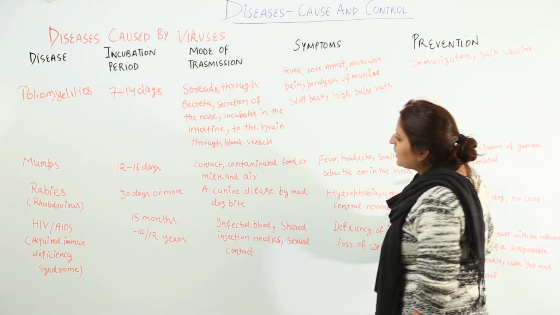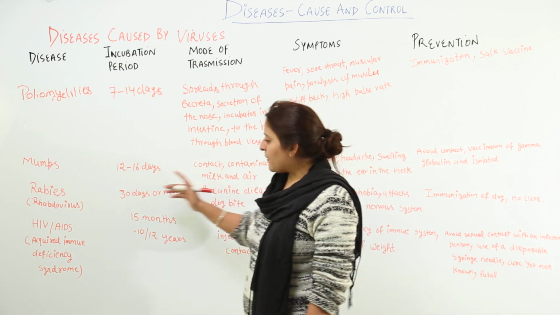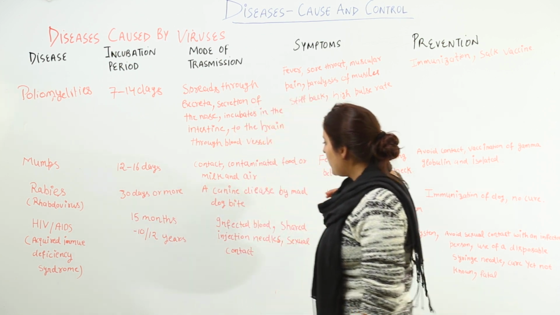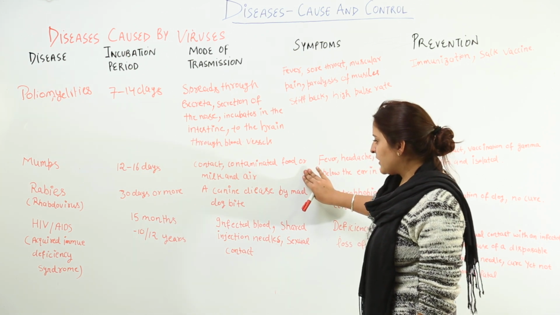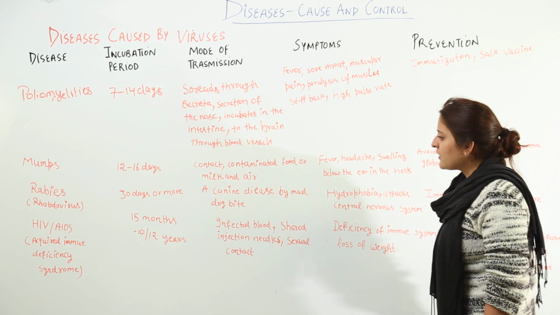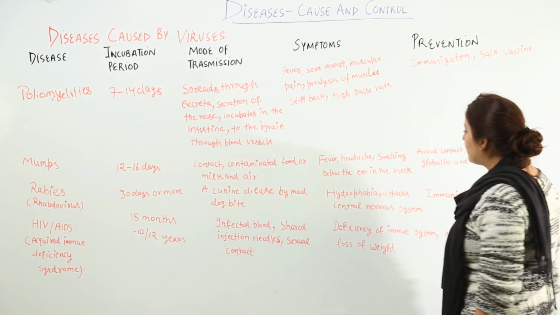So what is the next disease which is caused by a virus? It is rabies, which has an incubation period of 30 days or more, and the mode of transmission is through a canine disease, which is by a dog bite. So this is how a canine disease resulting from the bite by a dog results in rabies,